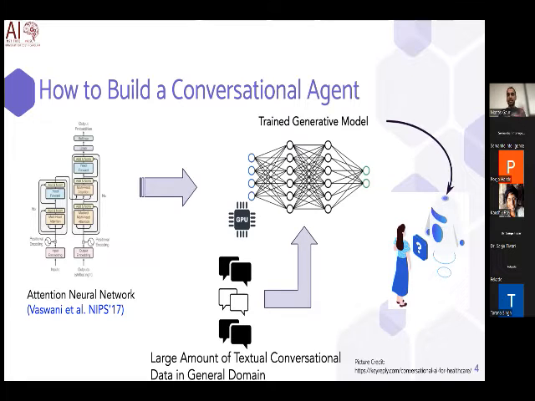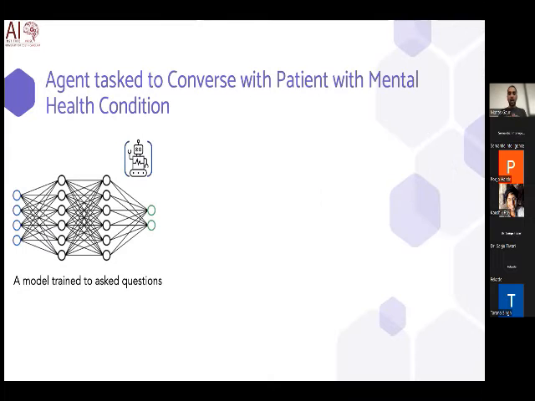So this setting is pretty much applicable in a general domain where the conversations are about food. It can be conversation about travel planning. Conversations can be about a domain like sports and so on and so forth. But things become a little bit complicated or diverse when you are dealing with a conversational system in the context